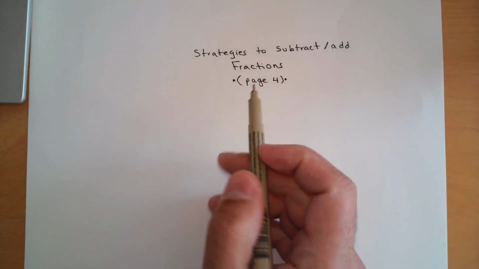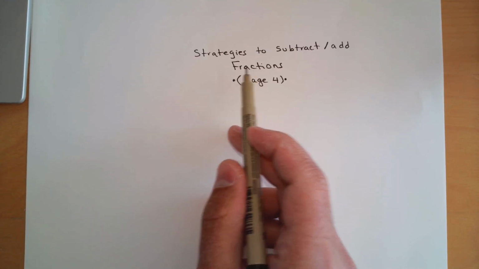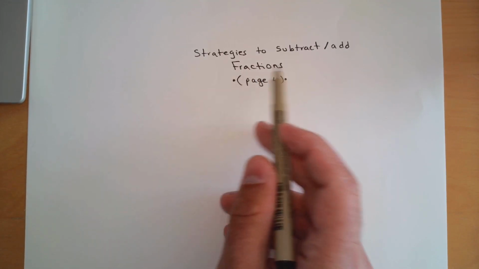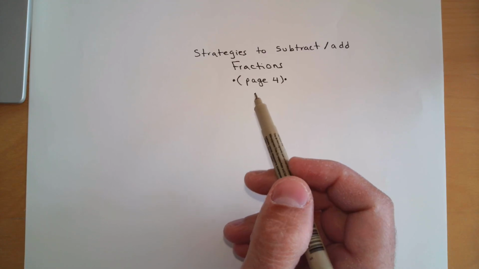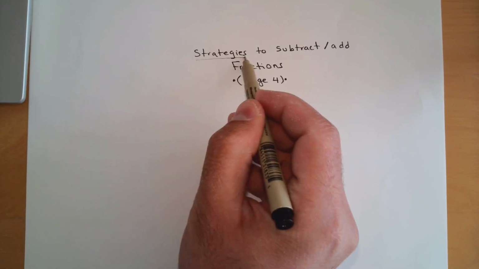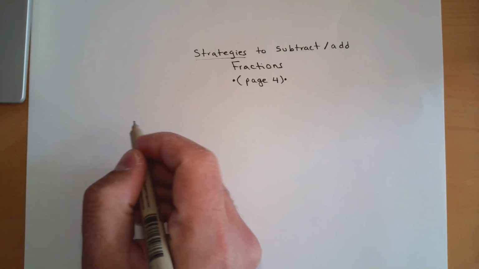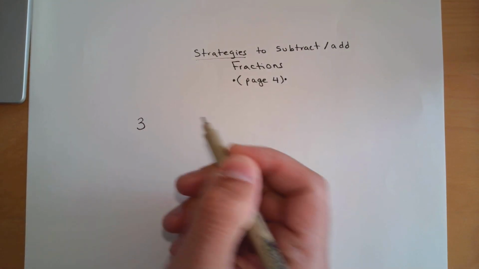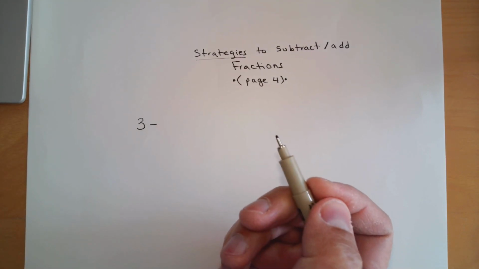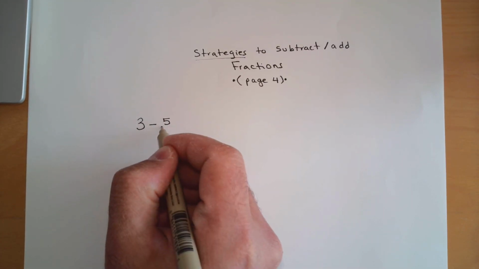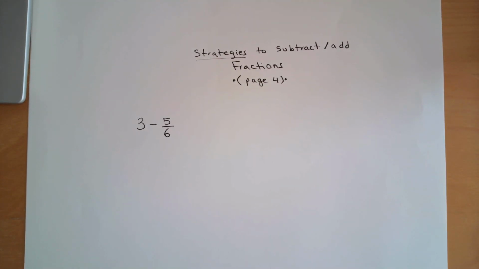So, what I would like to introduce here with subtracting and adding fractions is a strategy using a number line. Okay, so let's say we have 3 wholes and we want to take away from 3 wholes 5/6. Okay, so we want to take 5 pieces of sixths from 3. How can we do that? Okay, so one strategy